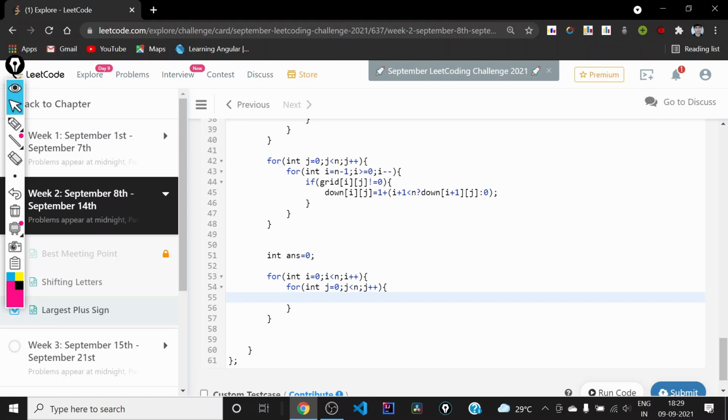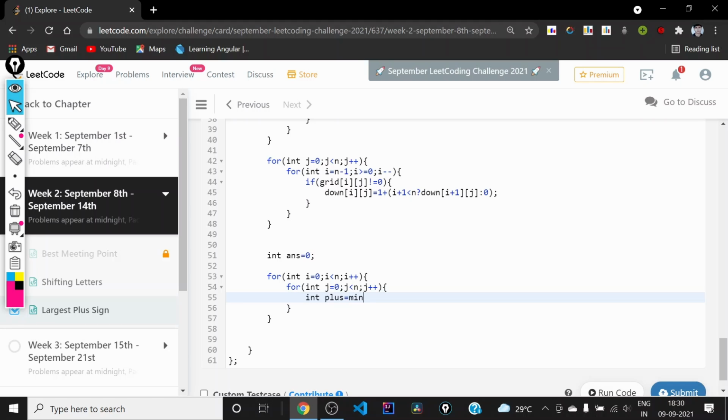And I was using the word star, but basically instead of star there should be plus. So whenever I used the word star, think of it as plus, right? So I'm using plus to denote the order of the plus that can be formed at that center.